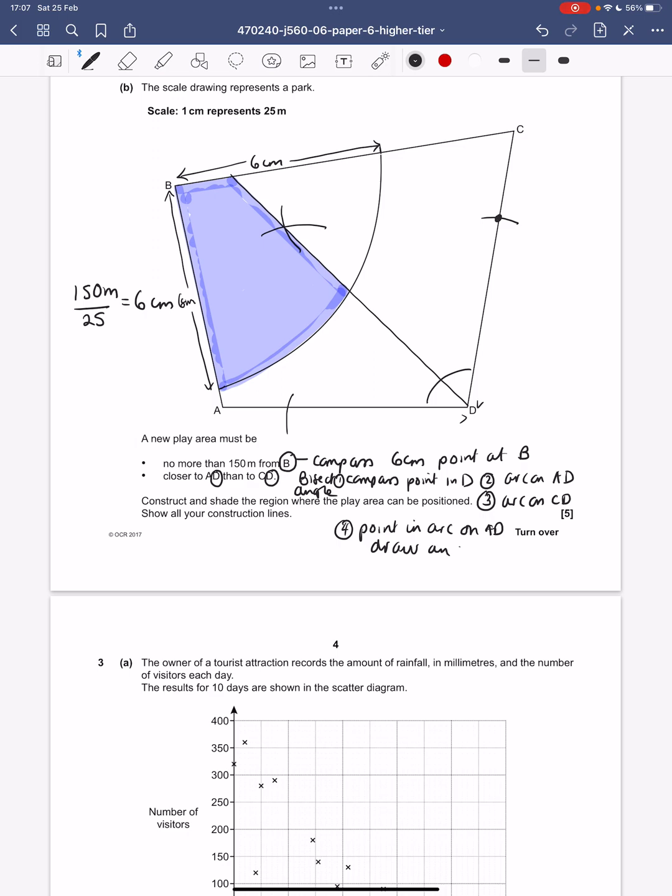Draw an arc, and then number 5, put the compass point in the arc on CD, and then draw an arc inside the park